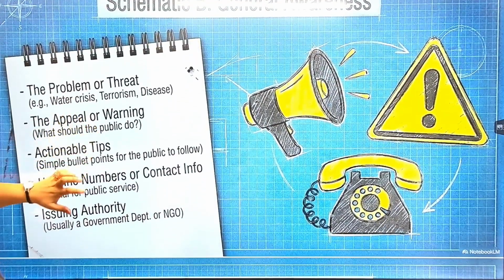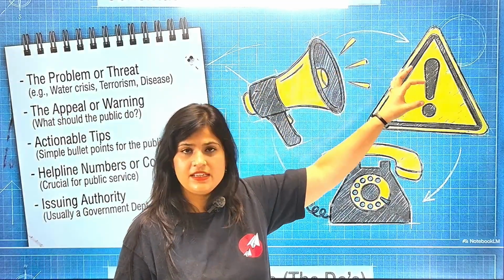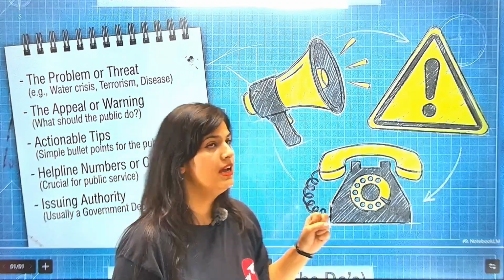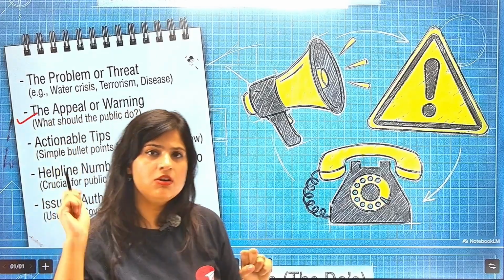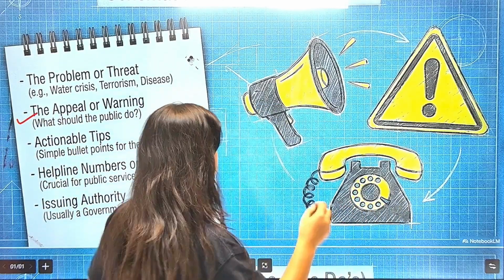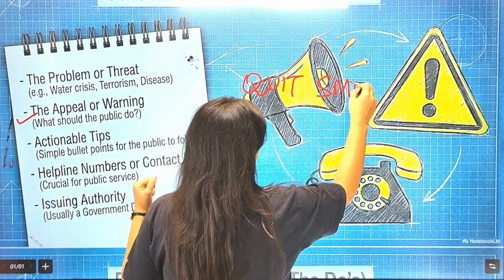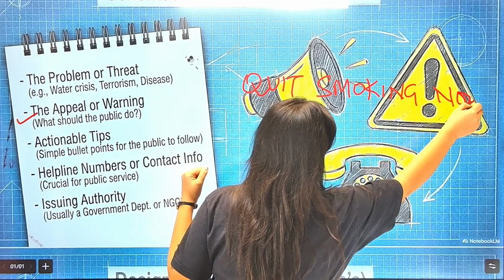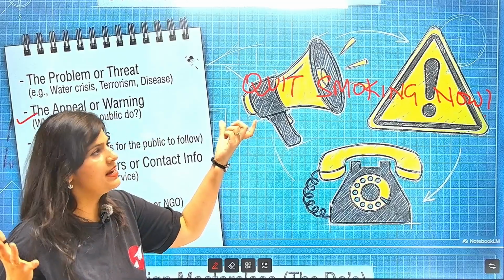The general awareness poster, how can you begin? Again, you need to start with the title, right? Title in a very unique font or different kind of font if you like. Moreover, it is going to be an appeal, right? उस appeal को आप highlight भी कर सकते हैं. For example, quit smoking now, right? This can be your appeal as well as title. This can be your workable appeal and title, right?